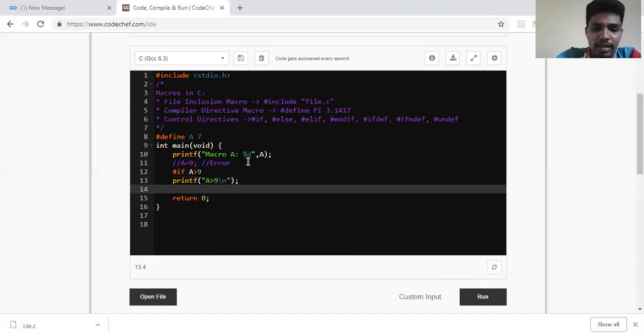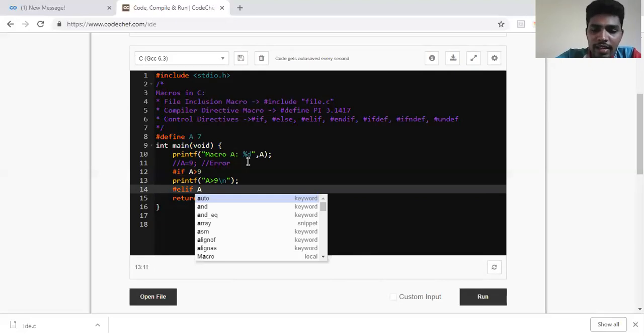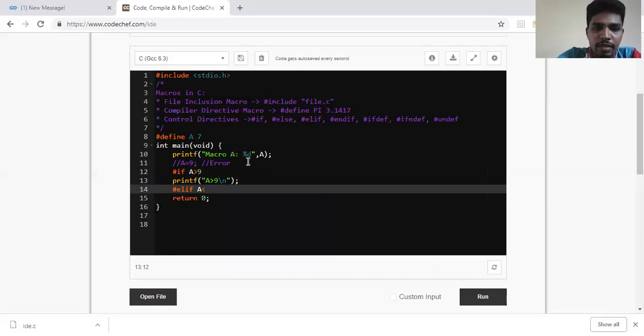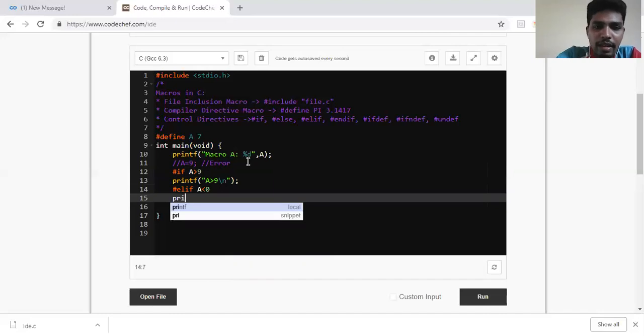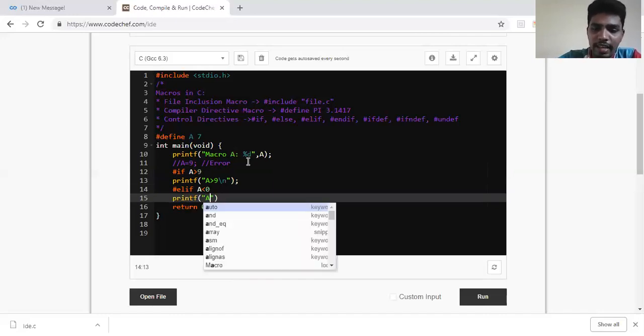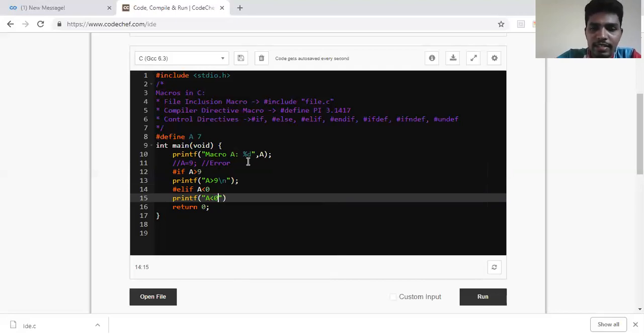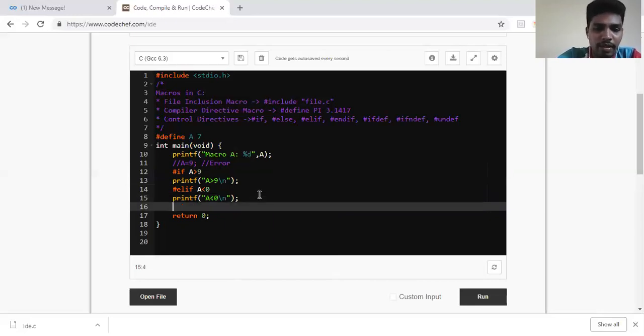Then next I'll be checking elif A less than 0. And then I'll be writing another printf which says A less than 0. So I'm just writing these statements to illustrate your control directives.